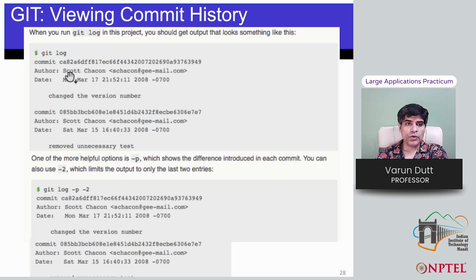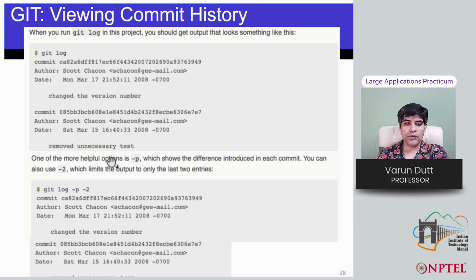So we can also run git log on projects, and the output of git log would look like this. You can see it will show the different commits, as well as when they were made and who made them, as well as the changes in terms of the version numbers which have been put in the files.